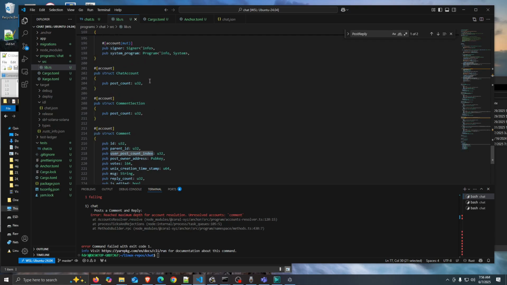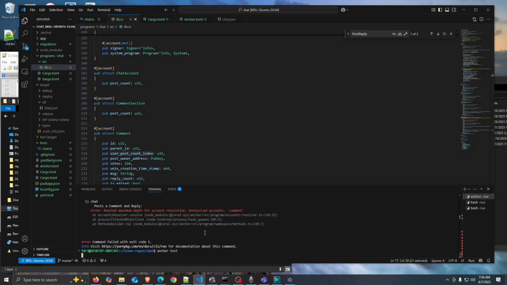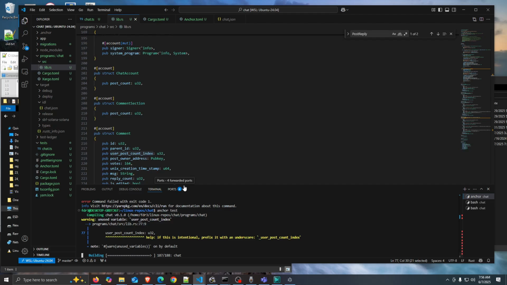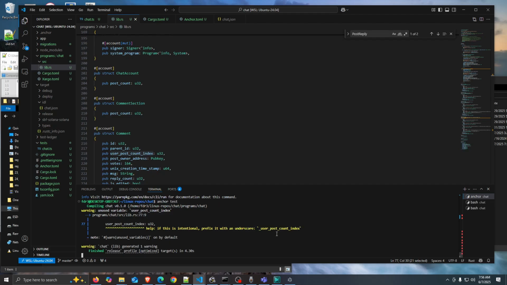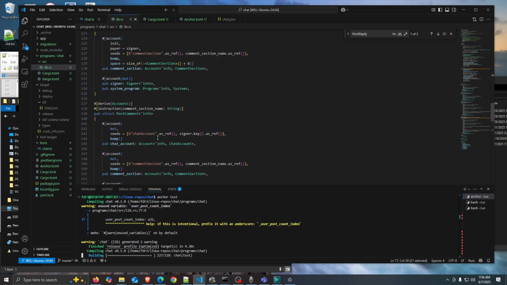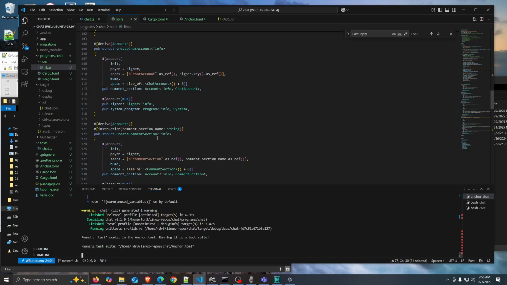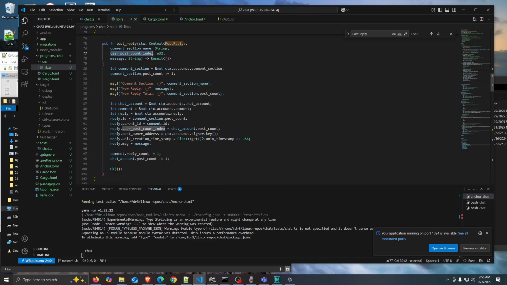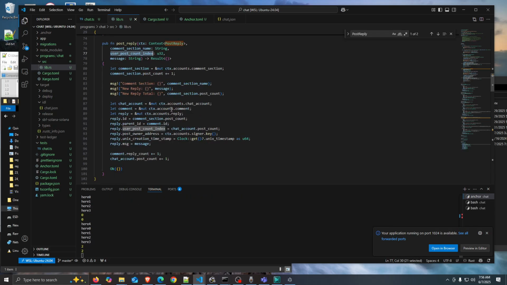Okay, is that it? If we do anchor tests, I think it should rebuild as well. 77 unused. It shows that. Oh, I'm not using it? Okay, well,